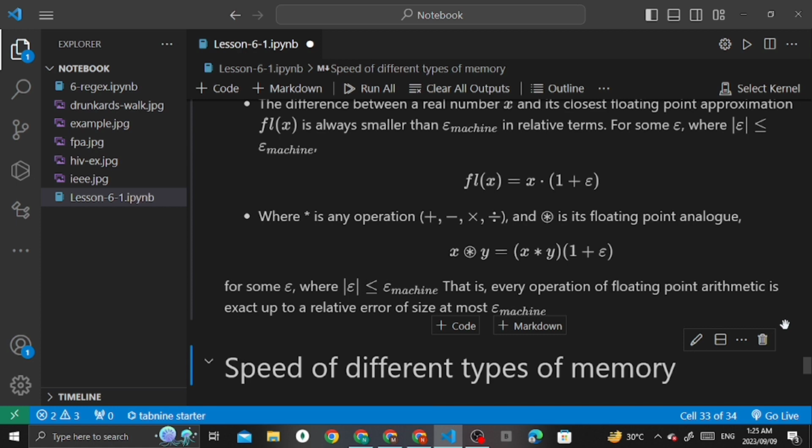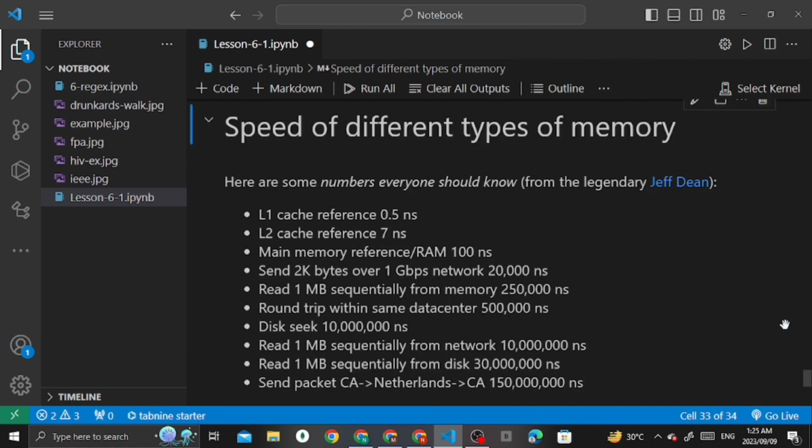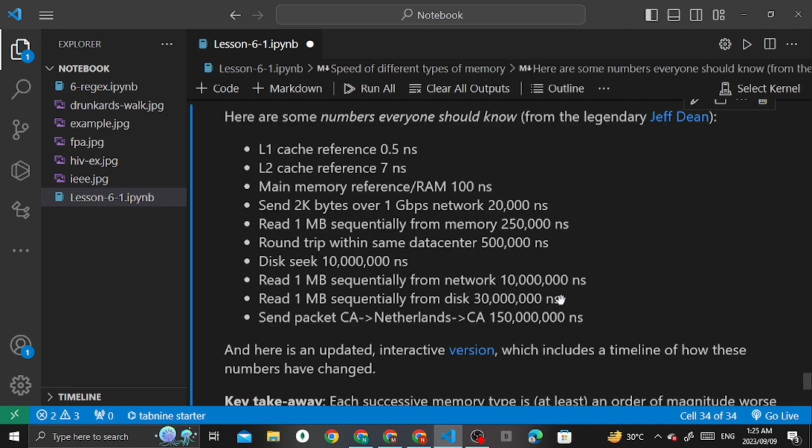So let's discuss the different types of memory and their speeds. You can use this as a reference after the class to remember what you did in today's class.